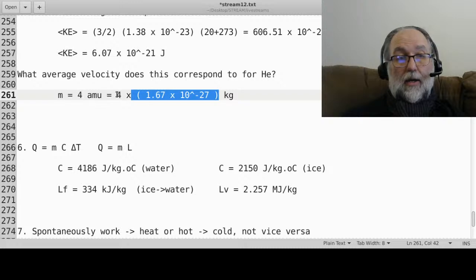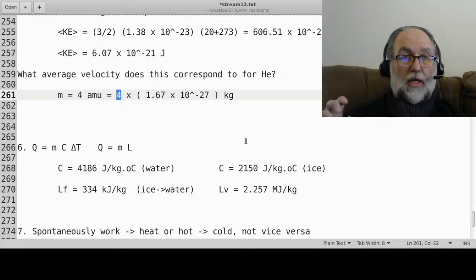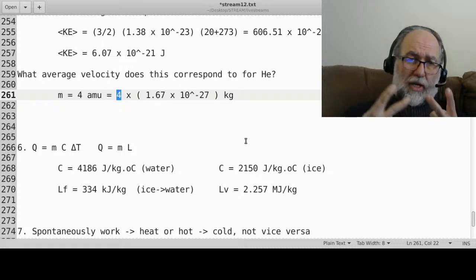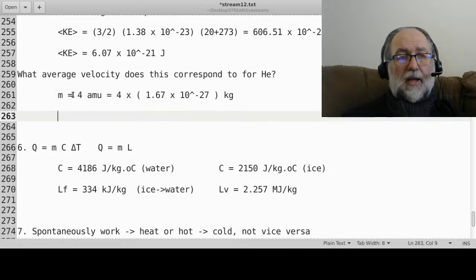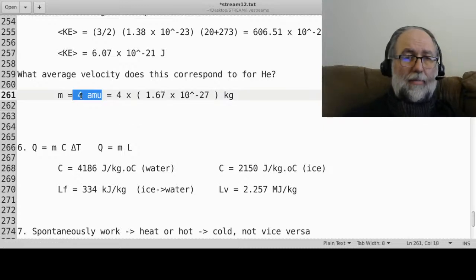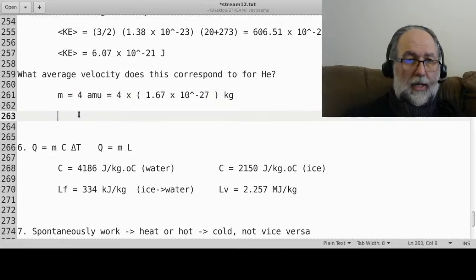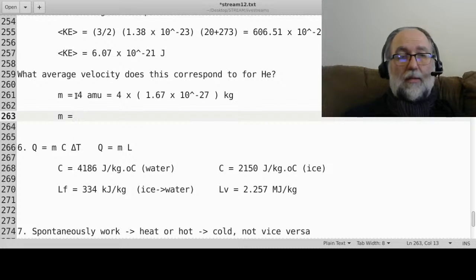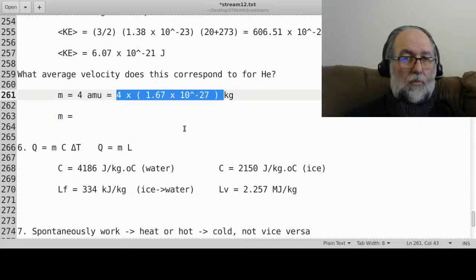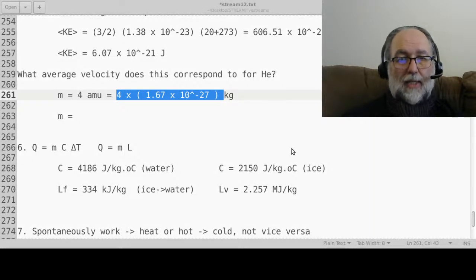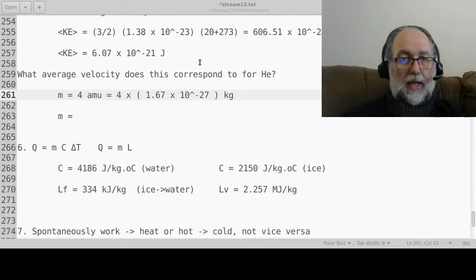Now, helium, the nucleus, the electrons don't really contribute much to the mass. The nucleus is made up of 2 protons and 2 neutrons for a total of 4, and each one of them has this mass there, and so there's the answer. Now, I wouldn't expect you to know that. I would just tell you how many atomic mass units there are in the material. Probably helium you should know. Everyone should know that it's 4 AMU, but there are other materials where you go, well, what's the atomic mass for them? I wouldn't expect you to know, but basically, this turns out to be,